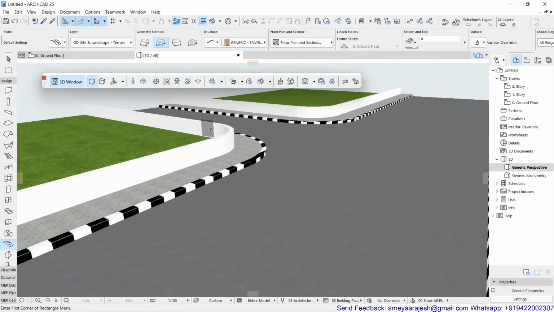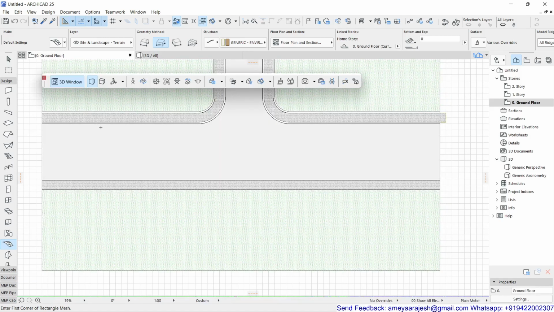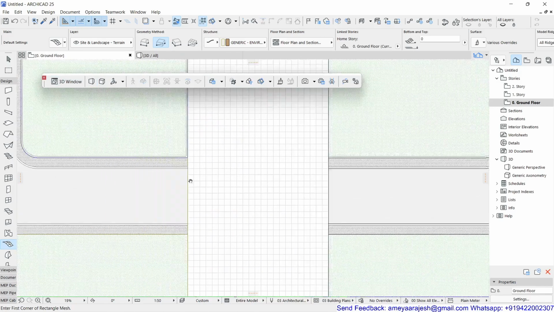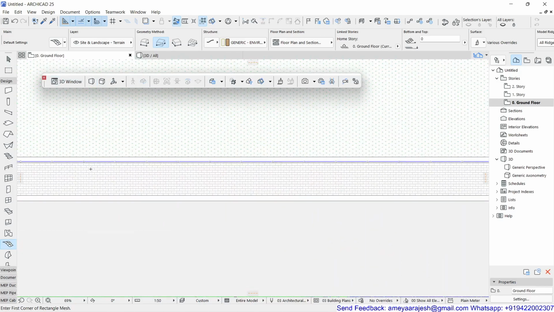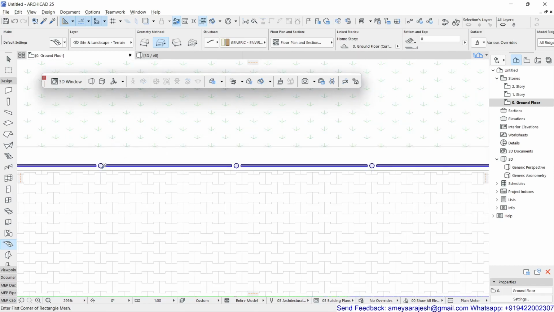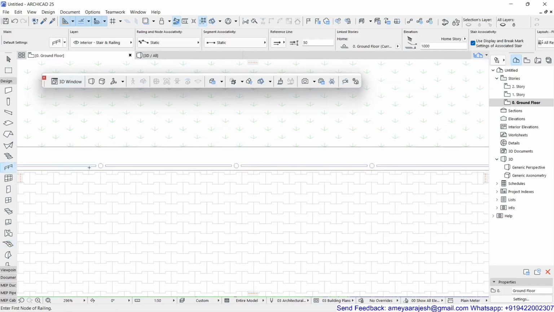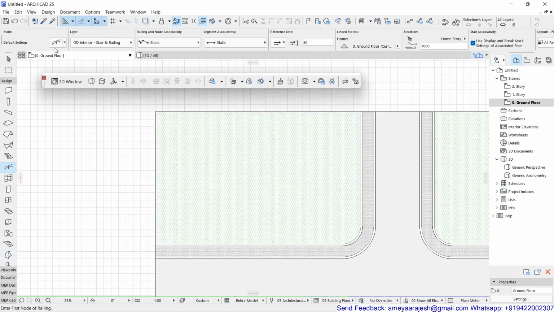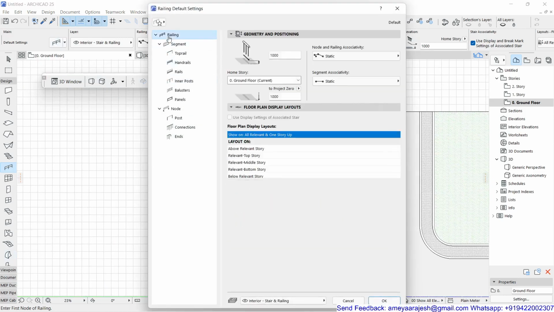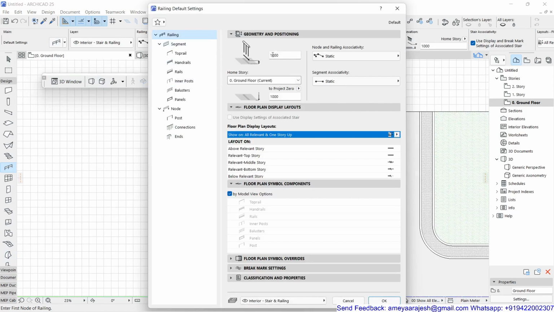Now it's time to add this chain link on top of this compound wall. For that, I suggest you use the railing tool. If you figure out that there's a railing tool, how the settings are done is very important. If you go inside the railing, the first page, the railing option, shows how much it is above the floor. I've taken this as 1 meter. You can fine tune this as per your need.